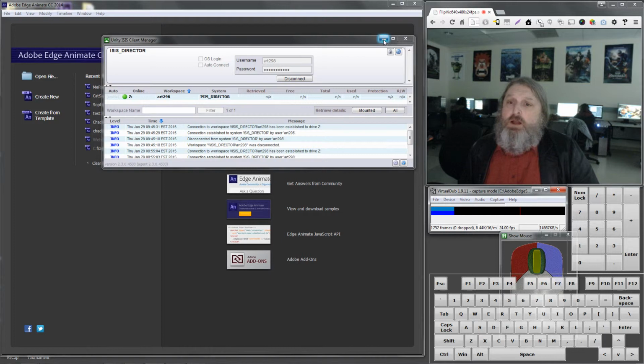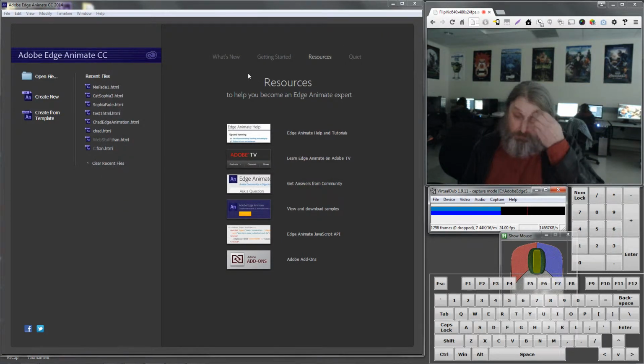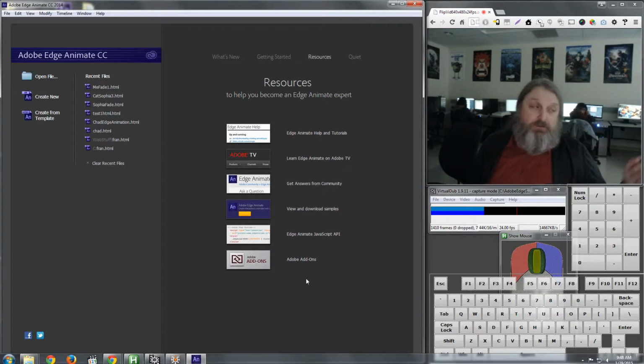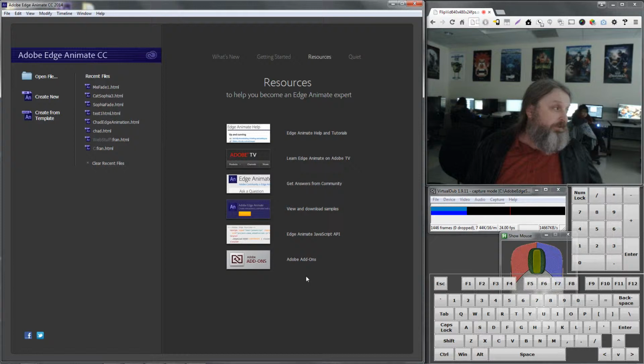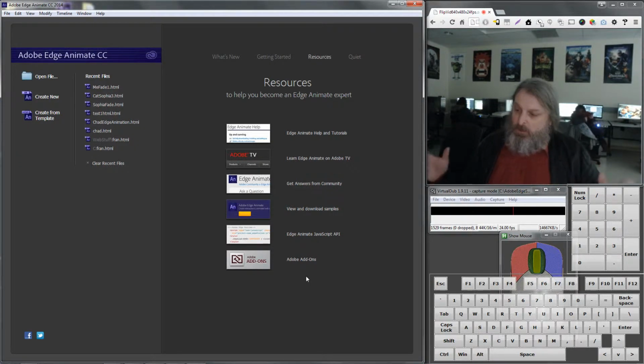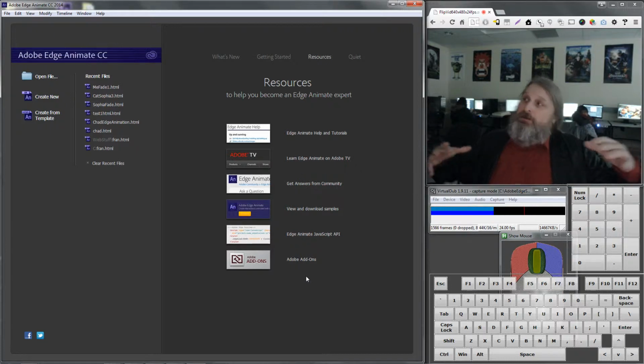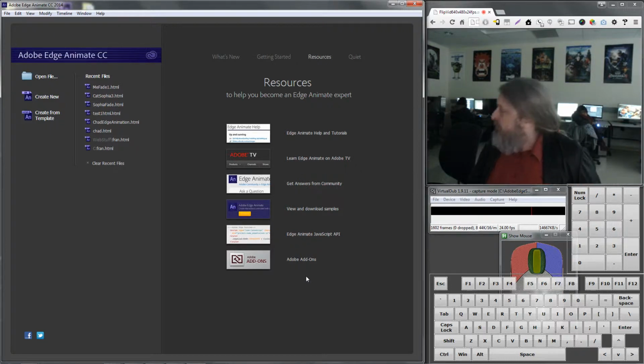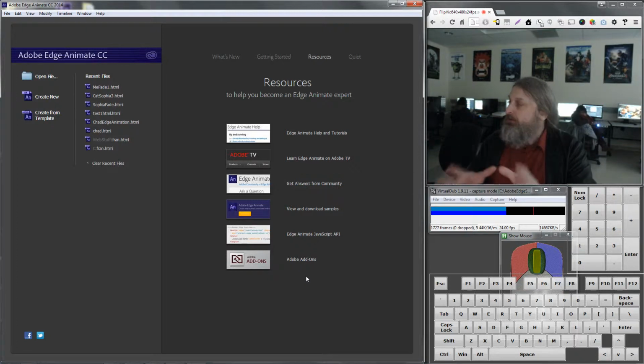Okay, Adobe Edge opens. You'll see it starts with resources, which are web-based, which gets back to this thing of Adobe really wanting you to have an Adobe ID, which you probably should get if you don't have it already, and they want you to be able to share in all of those assets out on the web. Now, with that said, I recommend you play around with these when you get time, but for now,